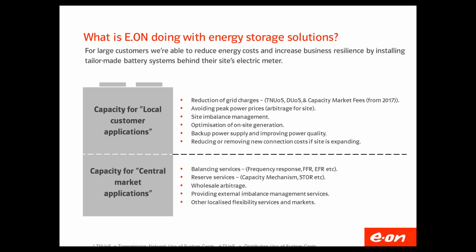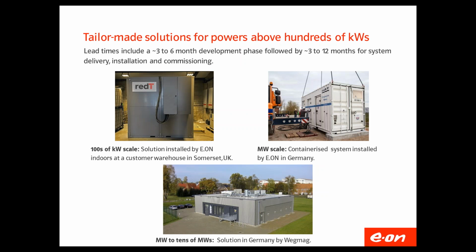Other possible applications include energy arbitrage, leveraging the high volatility of cash-out prices on the imbalance market, and optimization of your on-site generation, for example, providing ramp rate control for renewables and maximizing self-consumption. In a couple of slides, we'll show you how multiple applications can actually be stacked up to achieve a profitable business case. But now we would like to show you a bit more about the footprint and how a typical